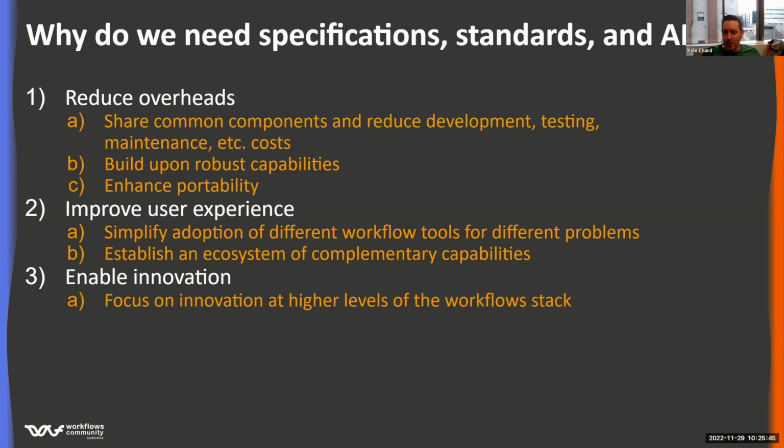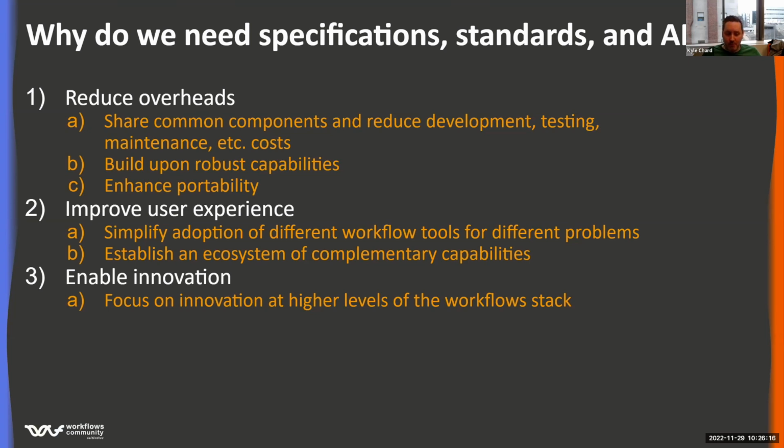The first is to reduce overheads. At the moment, the software stack in workflows is quite monolithic. If you look at these 324 systems, there's probably very little reuse, very little sharing between them, and probably a lot of duplication. While it might not be duplication at the entire stack level, there are certainly components that look pretty similar between these workflow systems. For example, how we deal with resources on which we're executing things, how we manage DAGs, how we monitor execution, how we capture provenance, et cetera.